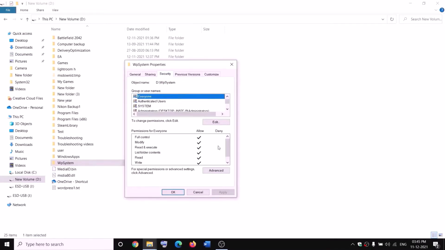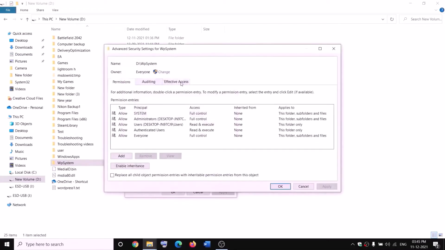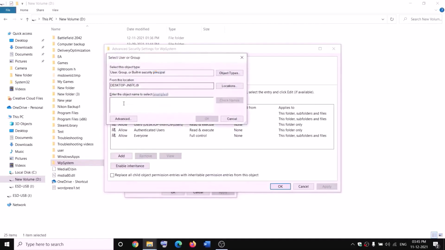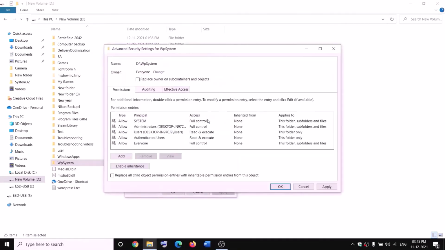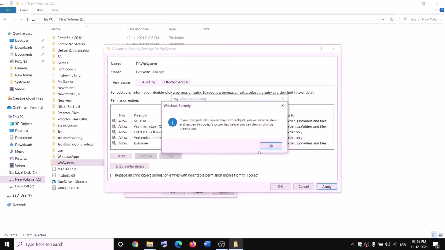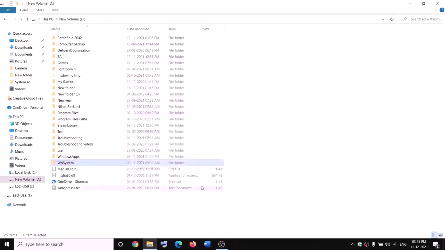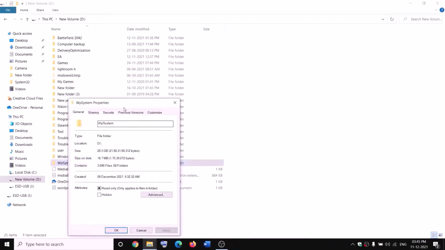So go to security tab and then click on advanced. Now click on change over here and then type in everyone over here, and then click on check names, then click on OK. Now put a check on the box which says replace owner on subcontainers and objects, and then click on apply. OK, OK, OK,